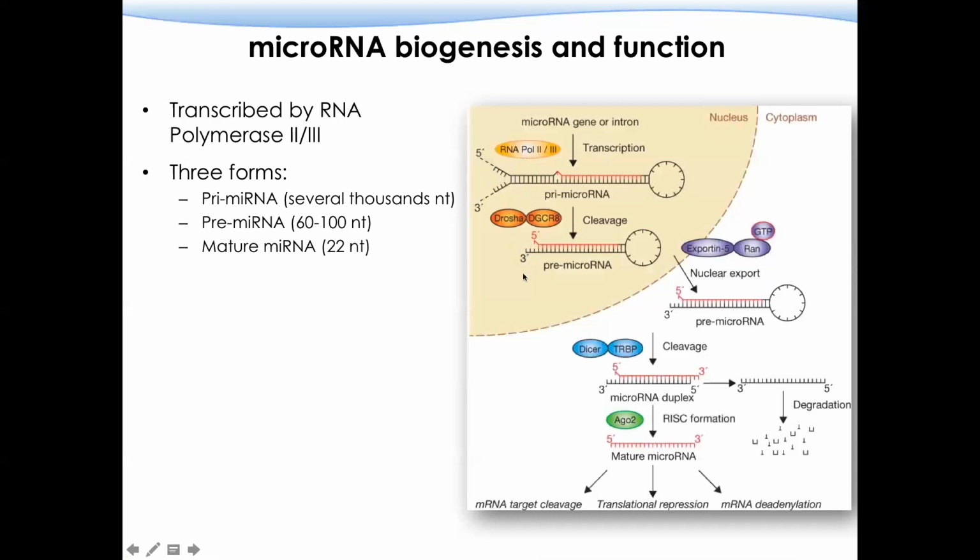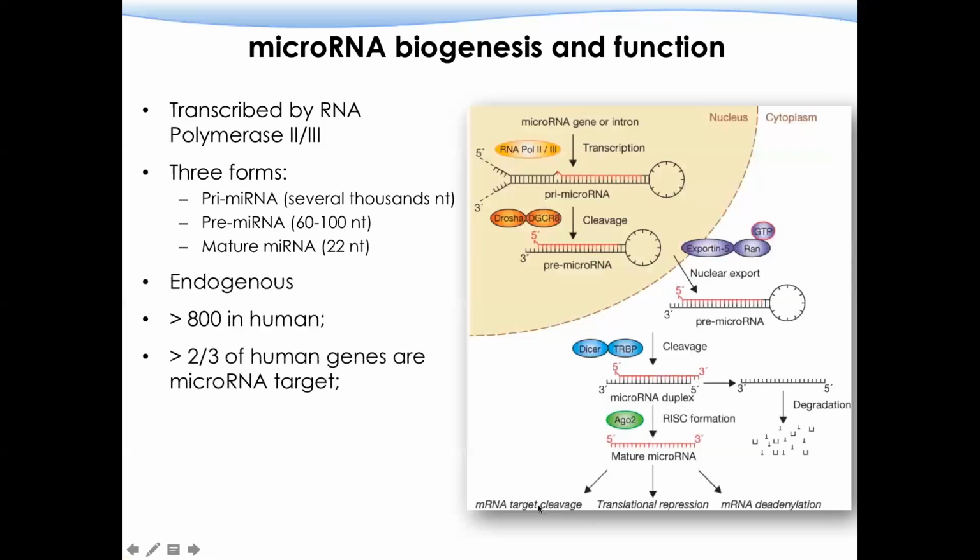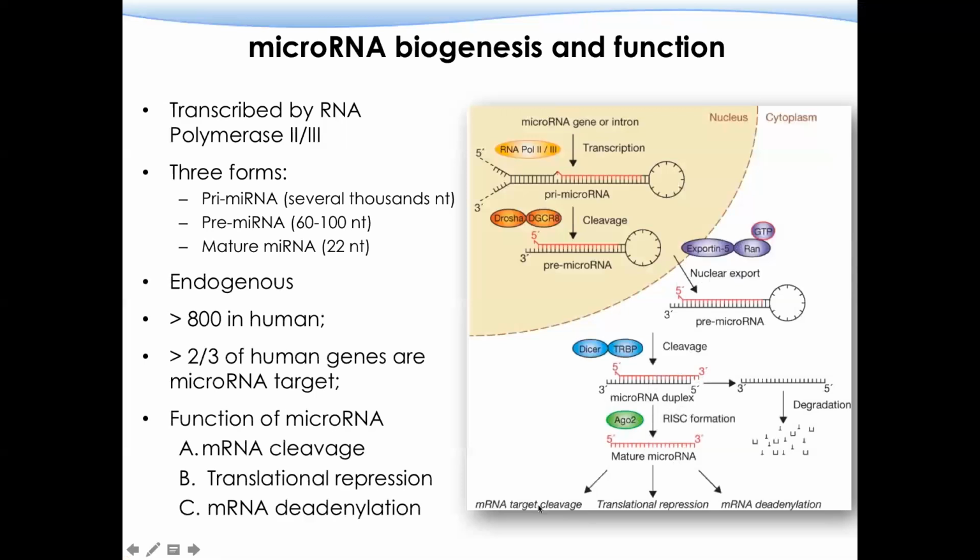With enzyme cleavage, it forms a 60 to 100 nucleotide pre-microRNA hairpin structure. Then, after export from the nucleus, with further cleavage, it forms the mature microRNA and can regulate gene expression, can cause mRNA target cleavage, or regulate translation, or a lot of further